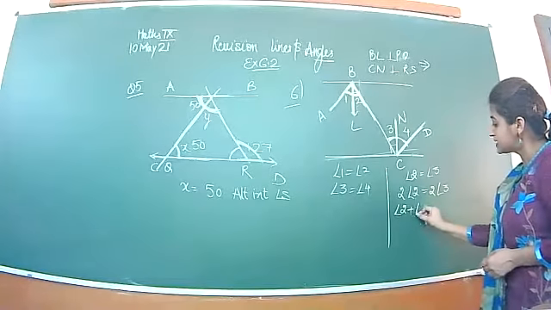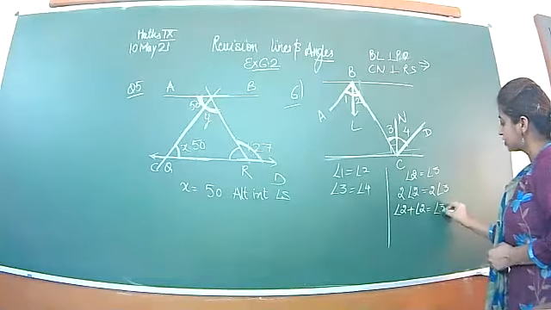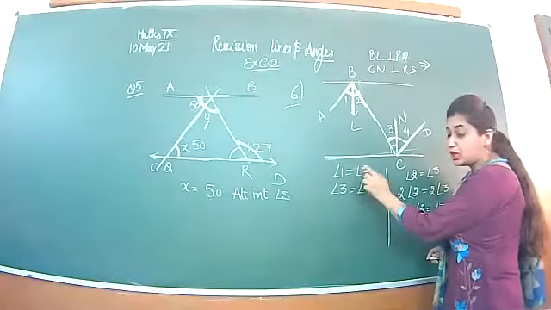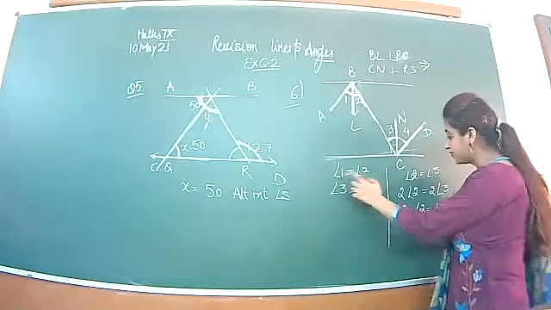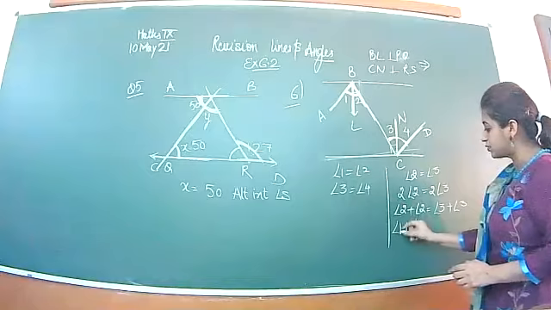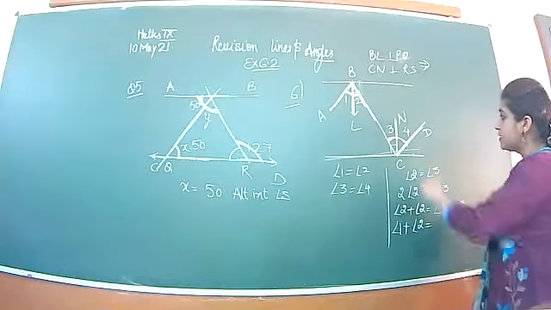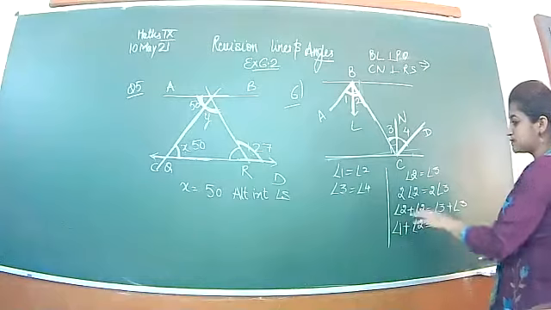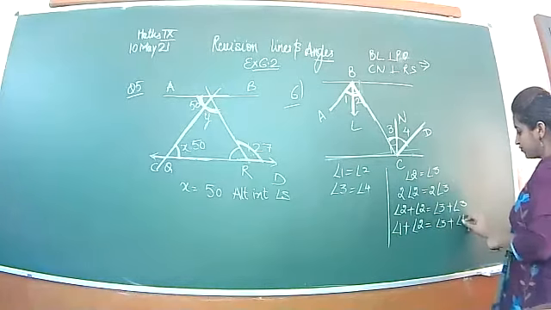This can be written as angle 2 plus 2. This is your 3 plus 3. Here, angle 1 is equal to angle 2. So can I replace angle 2 with 1? So let's write angle 2 as 1. This 2 is the same. Angle 3 is equal to 4. So this 3 you will keep the same.